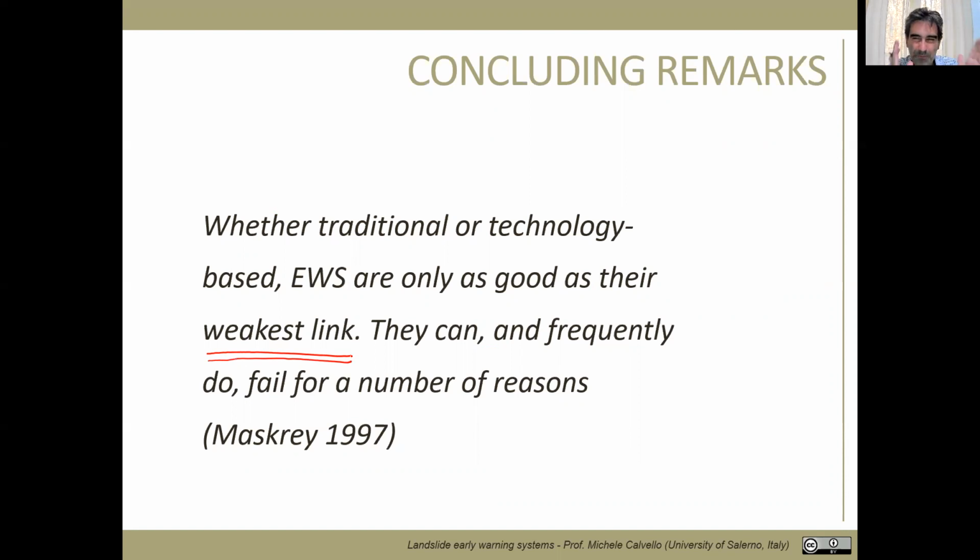Okay, you may have a perfect warning model, efficient, 100% true positives or true negatives, efficiency 100%. Yet, if people are not moving after you send them the alert, the system is not working. On the other hand, you may have reactive people, but you send them wrong messages. They evacuate for no reason a number of times, then they get sick of it and they don't evacuate anymore. Anyway, it's the weakest links that run the show.